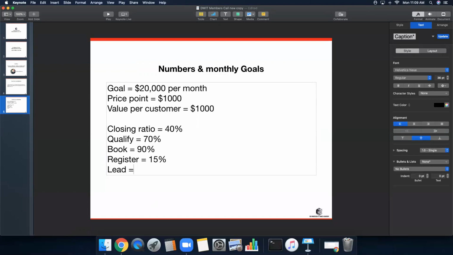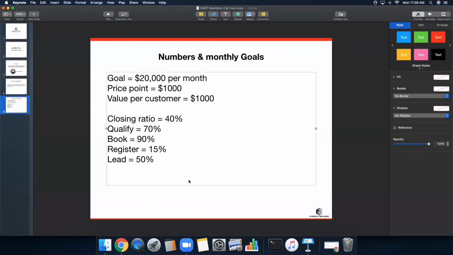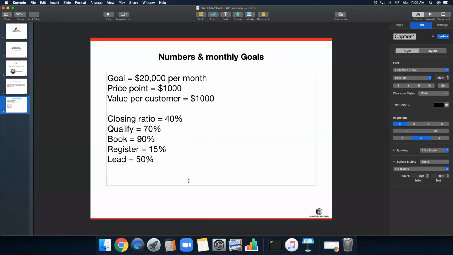This is what we're going to do. We're going to give them a lead. This is going to be about 50%. So for us to now go into the next phase of reverse engineering, we are going to break down the clicks, the cost per click, and how many of them are we going to need.